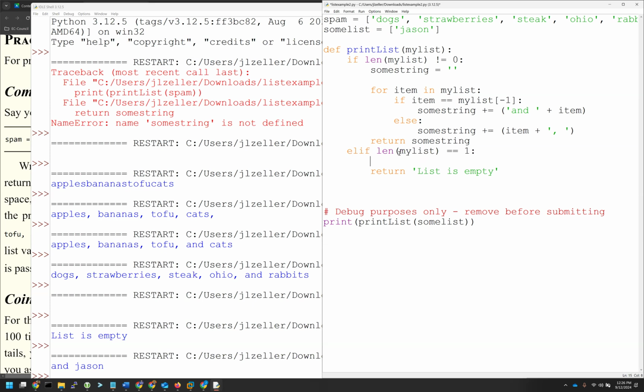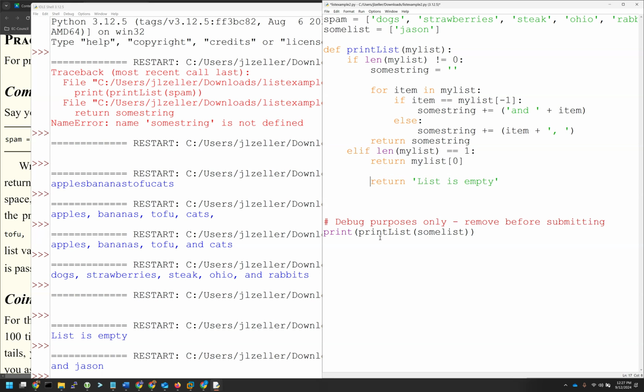Yeah, we could just return whatever that value is. So return item in this case, right? In this case, we don't have item. What would we return? We could return my list, but that will return a... Mm-mm. The only variable we have is my list. You're on the right track. We would return my list. The problem is that would return a list with one thing in it. How do we extract just the one thing that's in the list? There you go. We would just return the first thing in the list because there's only one thing in the list anyway. And then on this case, we would go ahead and do an else